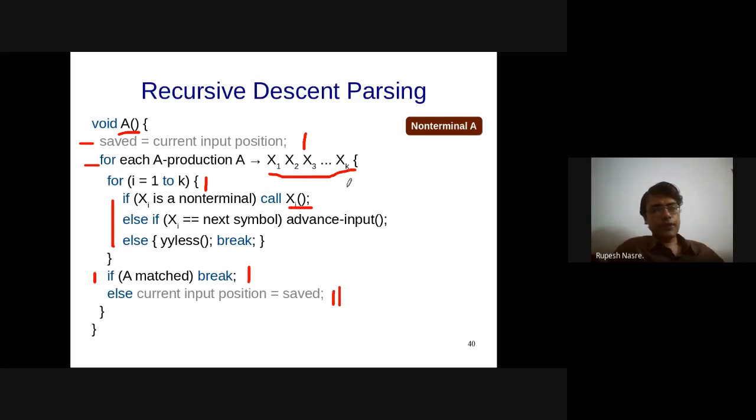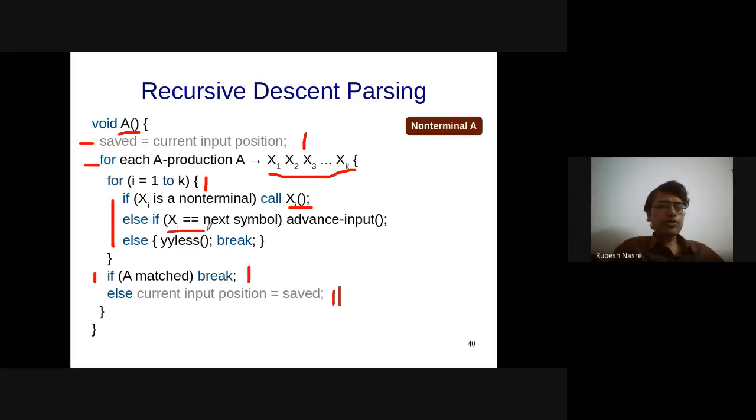Yeah, so let's come to this if else part. The if else part says that if xi, that I am going to talk about, that is the set of elements in a particular body of the production, if that happens to be a non-terminal, then I need to recursively descend, right? So therefore I am going to call the xi corresponding to that, and this should give you some idea as to why that left recursive grammar will create a problem here, because I am just going to go inside E again and again and again, right? I mean, again, you can stop that, but this is a more plain vanilla version.